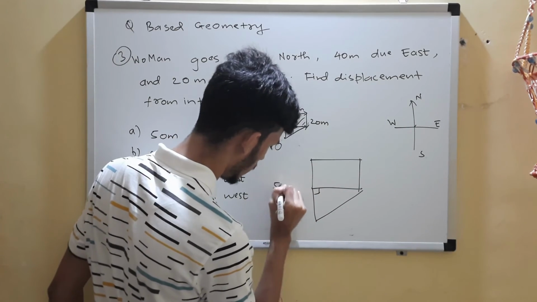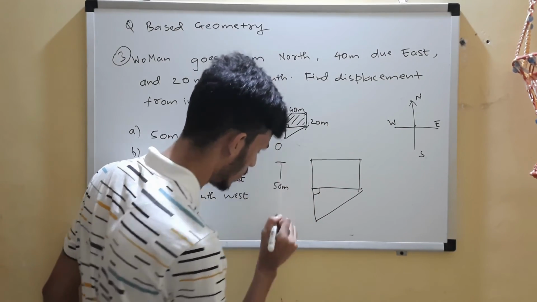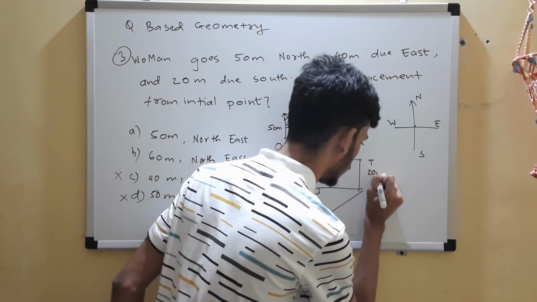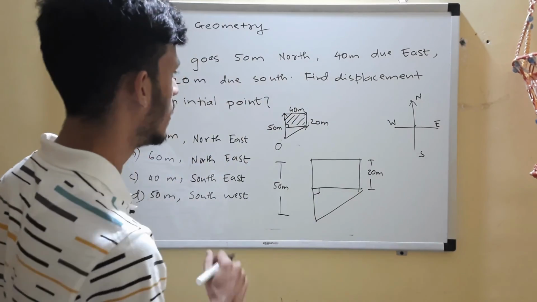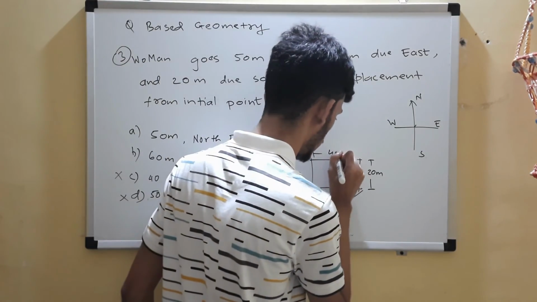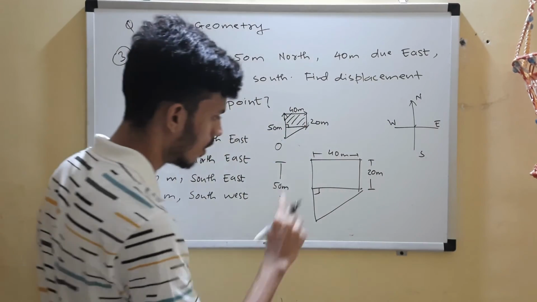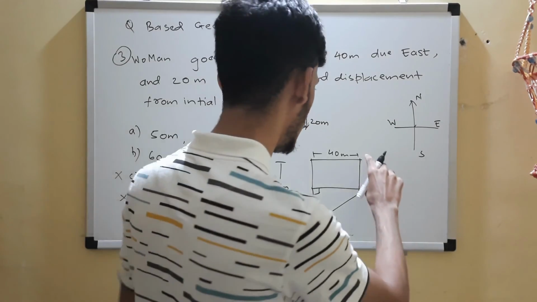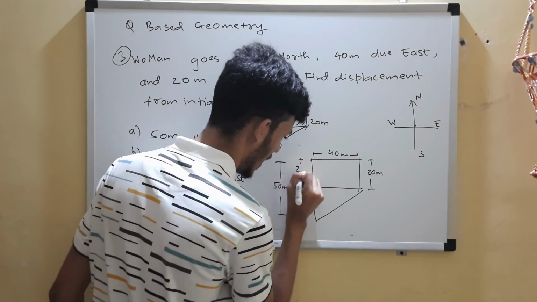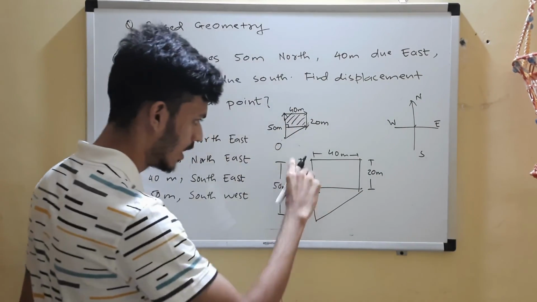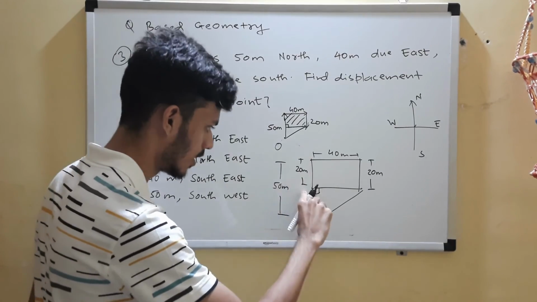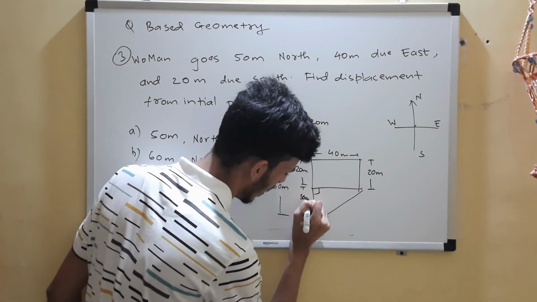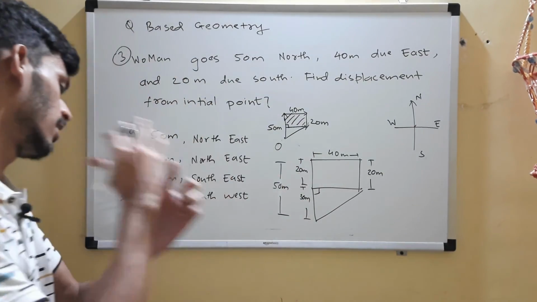So this total is 50 meters, of course, from here to here. This is 20 meters, this is 20 meters. This is 40 meters. Now what will be this? Opposite sides of a rectangle are equal. So this is 20, this is 20. And if this is 20, this is 30, right? 20 plus 30, 50. So this is 30. So you basically have to use your geometry logic, nothing more than that.